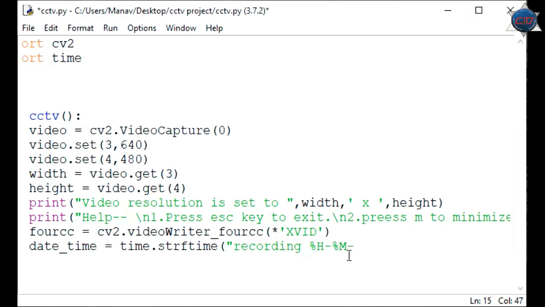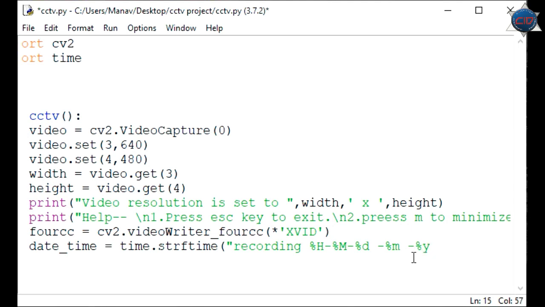Okay, I'm just setting these for the video footage name. Don't worry, I'm naming it for the video footage name, so that when the video is saved, we can get that video with its recording time. So I'm showing you with the correct recording time. So I'll pass here hour, minute, and here the date, %m for month, and %Y for year.